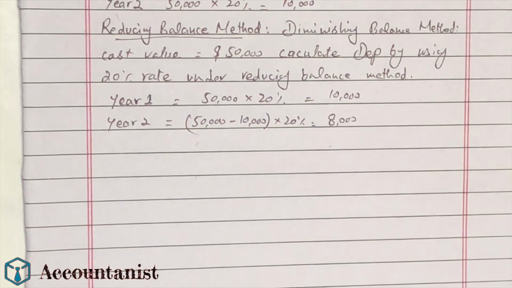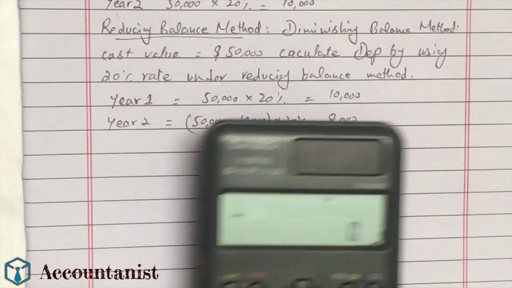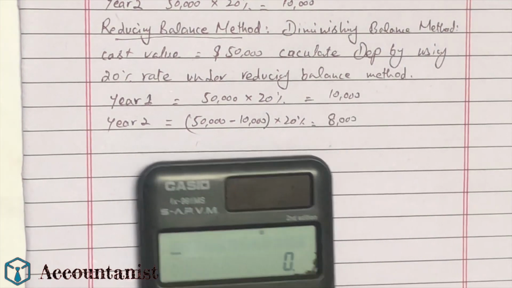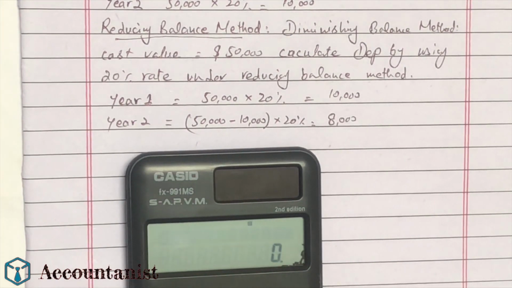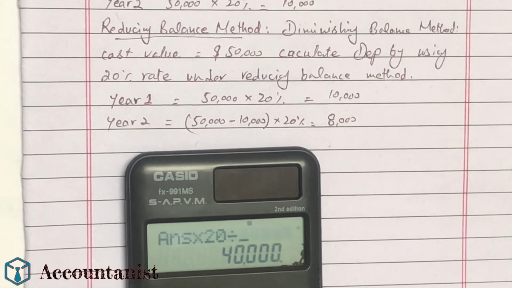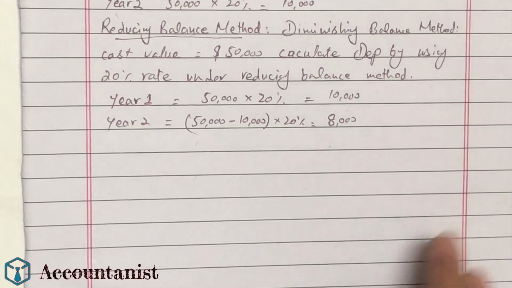8,000. So I will show this to you in the calculator as well. So here we have 50,000 less 10,000, 40,000, and then we will go with 20 divided by 100, meaning the 20%, which will give us the value of 8,000. So now in year 3,